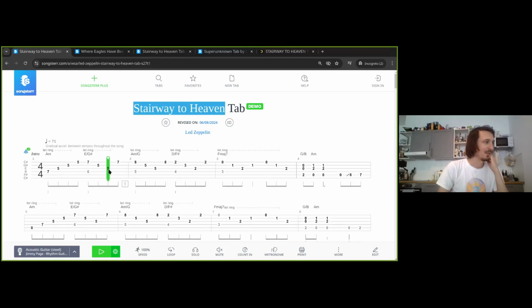Maybe play 5 here, 5, 5, 4, 2. Just pick some fragments and build the song piece by piece. So if you start learning a new song, this can be very helpful, especially if there's a lot of